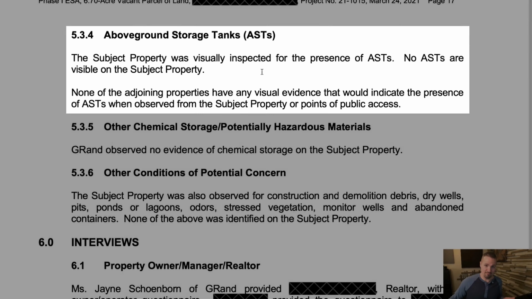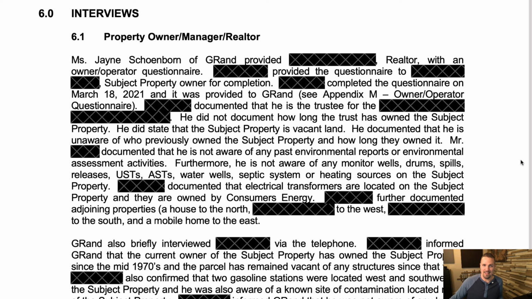So this is just explaining the interview that was done with the seller of the property. In this case, the seller's realtor actually stepped in and did the interview so that the seller didn't have to. I don't think that's normal, but that was the case in this situation. So the whole questionnaire and interview was done with the realtor. And as it was explained to me, the realtor was very, very familiar with the property. He was like a close family friend of the seller, so he had a lot of information that a typical realtor probably would not have. But anyway, in this case, the realtor did it.